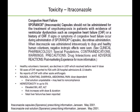Other issues, you get a lot of GI complaints with itraconazole: nausea, vomiting, diarrhea, abdominal pain. This is dose dependent, and it can actually lead to noncompliance. So I know at least one patient who wound up dying of aspergillus pneumonia who wasn't able to take his itraconazole oral solution because of palatability issues. Okay,